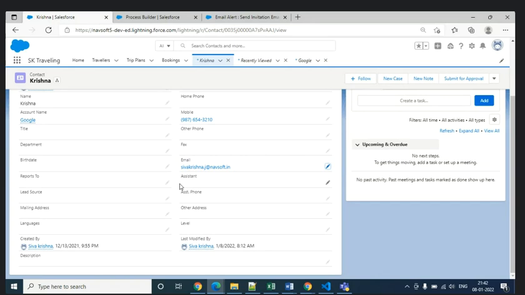Have you received it? I just received it actually. It just takes a second. Yes, it takes time. So basically you will receive it in your mail. I can forward it to you. So this is how to send an email and do a field update through the process builder. Even if you are using the same one, it still works.